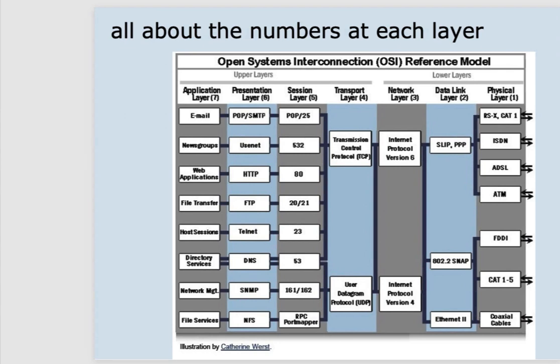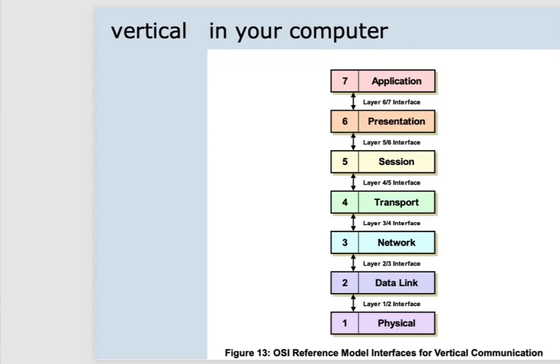So it's all about generating numbers at each layer, because our packet is what? It's ones and zeros that represent numbers, that represent the words that we use, like when we type in and say I want to go to a particular website and I want to get a particular file. The OSI reference model that we make use of, on one hand, delineates the process of communication between the various jobs that need to get done on your computer, from the software application generating information to the process of presenting it and maintaining a session with your opposite number on the other side of the network.